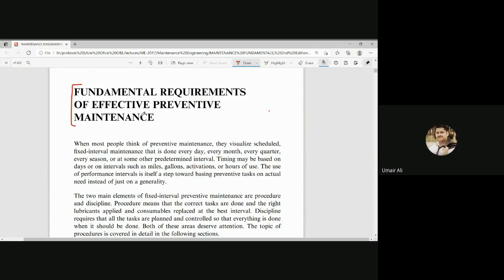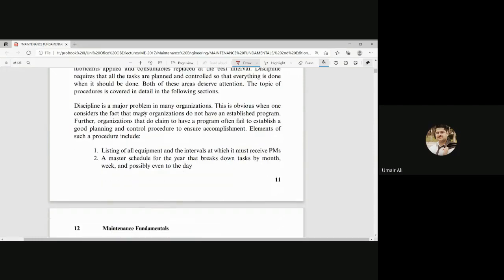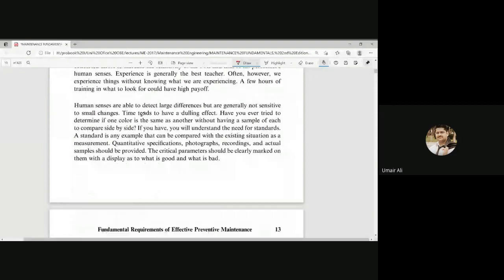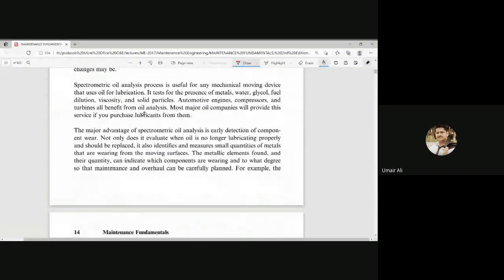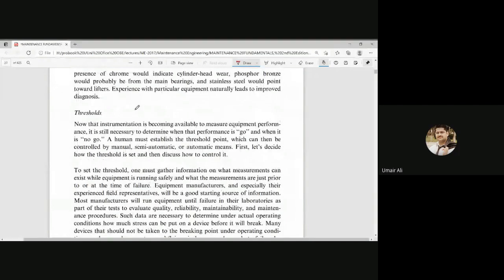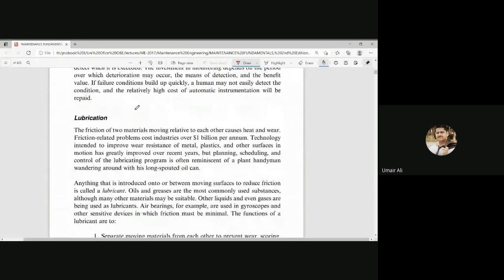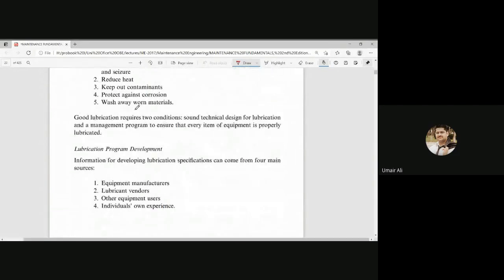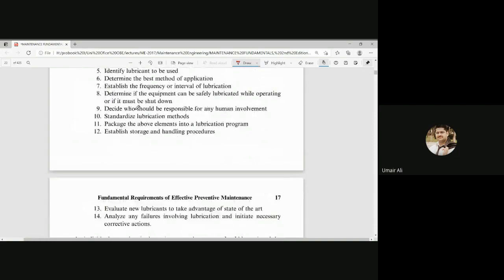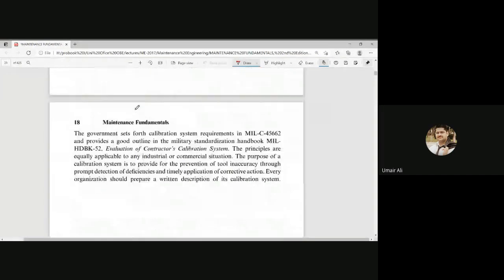And now today we will study planning and scheduling, and the previous class was about inspection, human senses, sensors. Other than that, we discussed the threshold of any machinery, any human being. Then we discussed lubrication in detail, then calibration. Lubrication and calibration are the two broad maintenance entities. Every machine, every type of entity is going to undergo lubrication as well as oiling as well as the calibration stage. So it's important, that's why it is discussed in detail here.